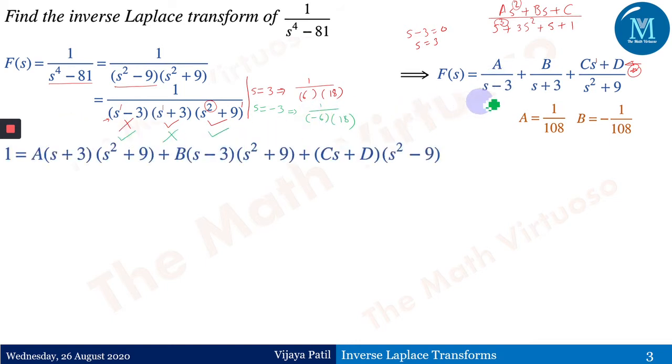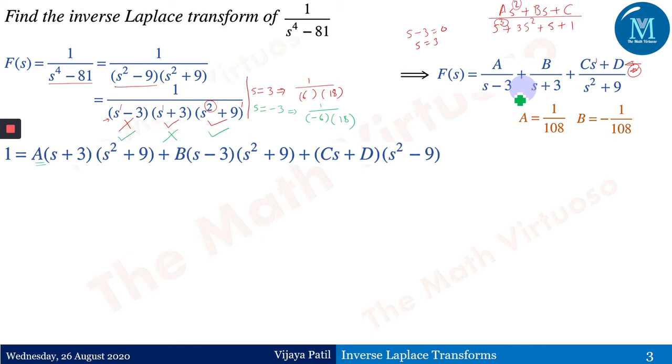Okay, now after taking the LCM and cross multiplication, I will get A. I have got s minus 3 in the denominator with A, so s plus 3 and s squared plus 9 is missing, so that will come with this A over here. Similarly B, I have got s plus 3 along with B, so what is missing? s minus 3 and s squared plus 9 is missing, so B into s minus 3 into s squared plus 9. And the last, Cs plus D, is there in the denominator as s squared plus 9. Out of that, s minus 3 and s plus 3 is missing.